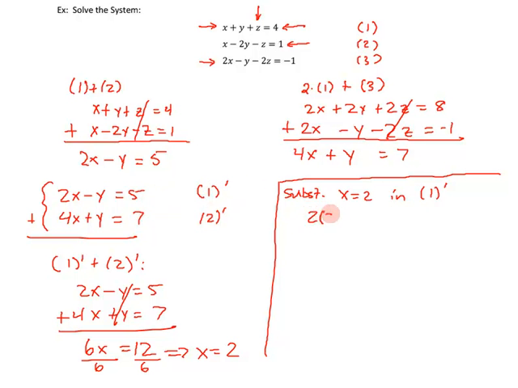So 2 times 2 minus y is equal to 5. That gives me 4 minus y is equal to 5. If I subtract 4 from both sides, I get minus y is equal to 1. Dividing off the negative 1 gives me y is equal to negative 1. Okay, so now I've got an x and I've got a y. How do I get